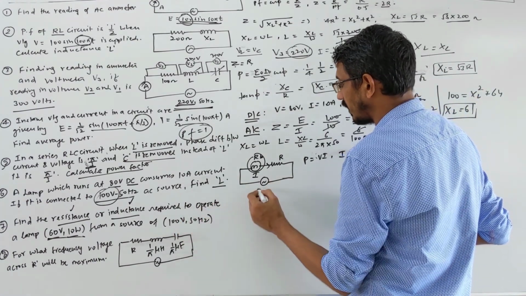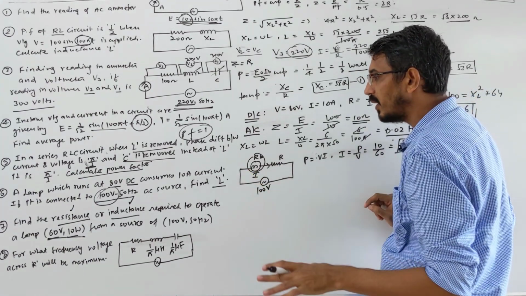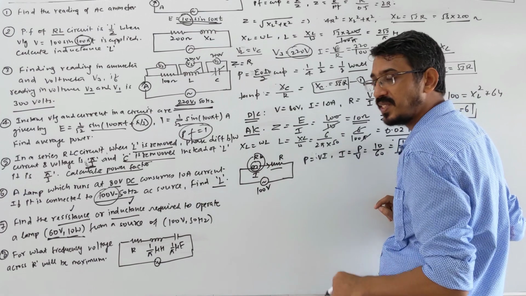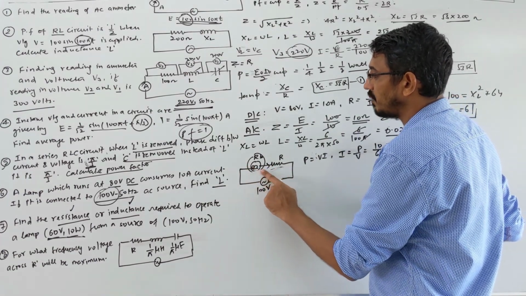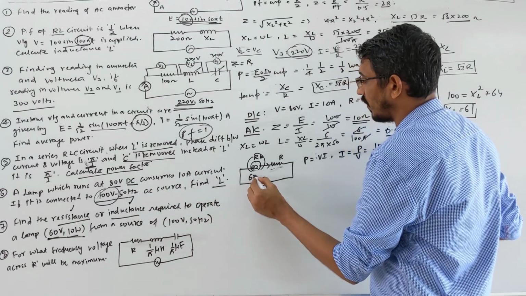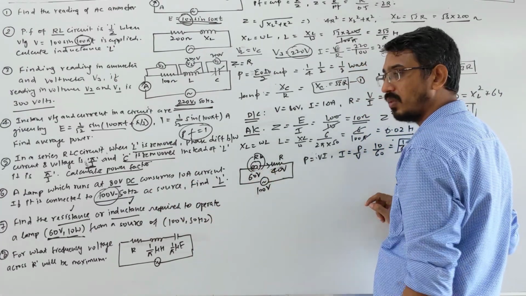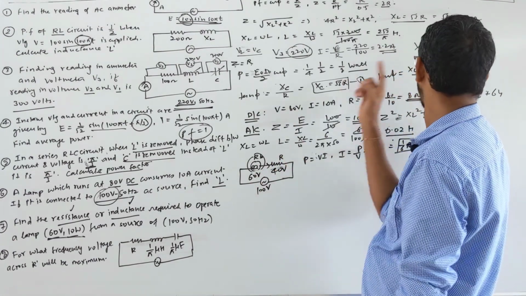Now look here, how much voltage is supplied? The supply voltage is 100 volt. Watch carefully, it's very simple, because both are resistances. The bulb has a resistance, and we connected a resistance in series. We are supplying 100 volt, and the bulb consumes 60 volt. Then out of 100, 60 goes here and 40 goes here. Both are resistances, so you can divide like this. If it is resistance and inductance, you cannot divide; then you have to use that formula.